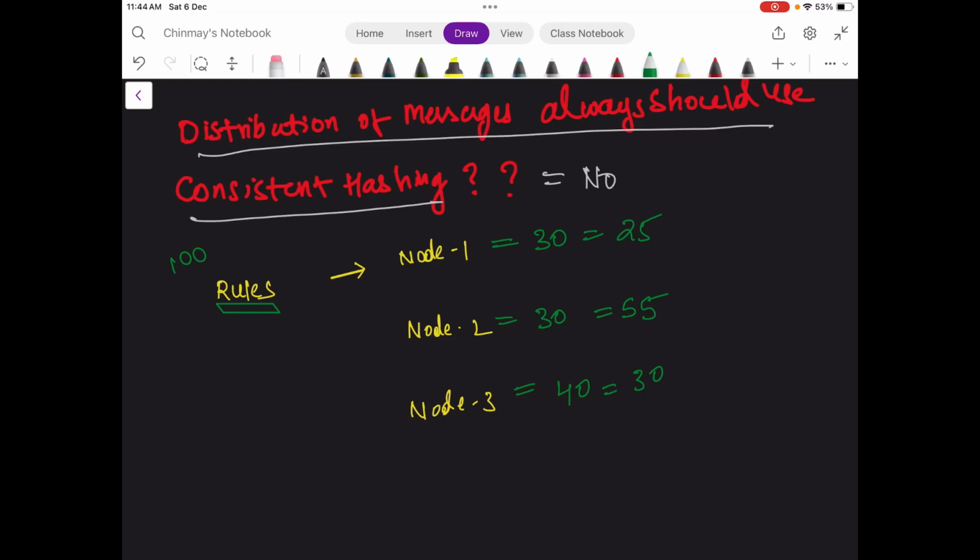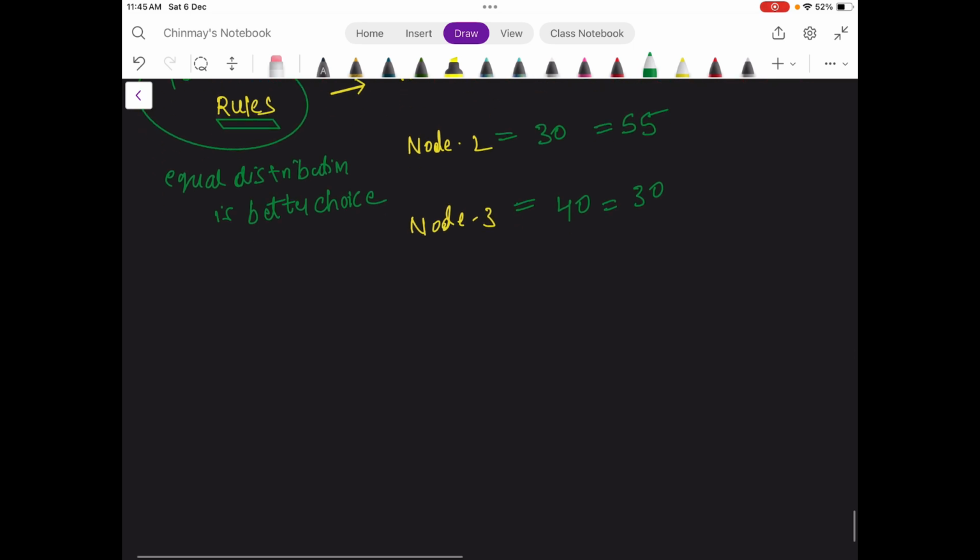If all 100 rules are executed in one node, it will always become a problem for the server capacities, right? In this case, equal distribution is a better choice. Is consistent hashing really required here? The answer is no, because